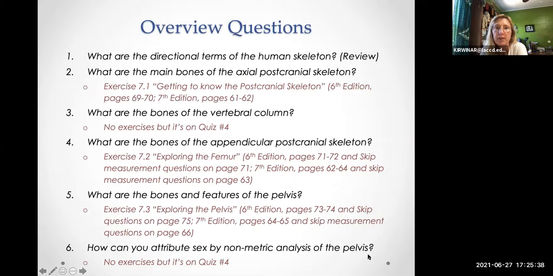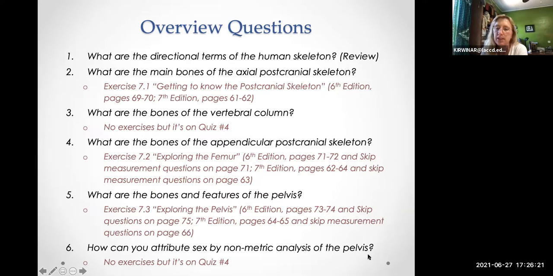All right. So it's typical in anatomy to divide the skeleton into different sections. So we had the skull last week in dentition, and there's the axial postcranial skeleton. There's the intermembral sets, if you will, the long bones, all kinds of stuff. So let's begin. So overview question number 2 asks, what are the main bones of the axial postcranial skeleton? That'll help you complete the labeling